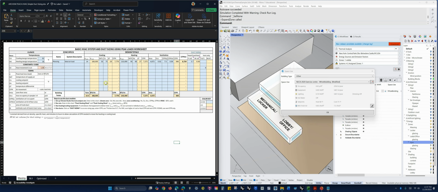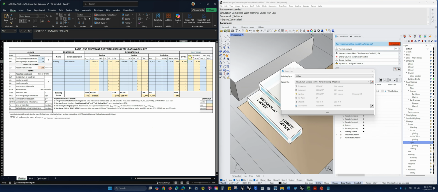Okay, so now we have a peak CFM from cooling of 7,778, and a ventilation requirement of 946. In this cell, I've added those together. I'm taking the max from these two cells and adding it to the total ventilation. You don't have to do anything to make that happen, it's automated, but just realize that's where it's coming from. And so now I have a CFM total of 8,724